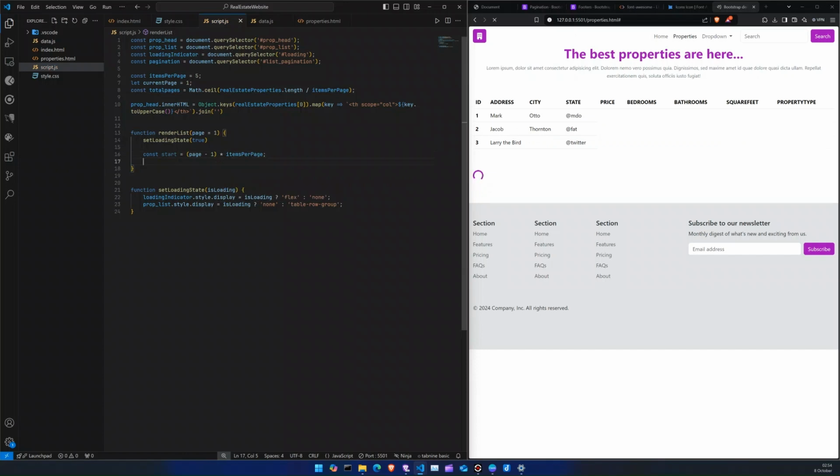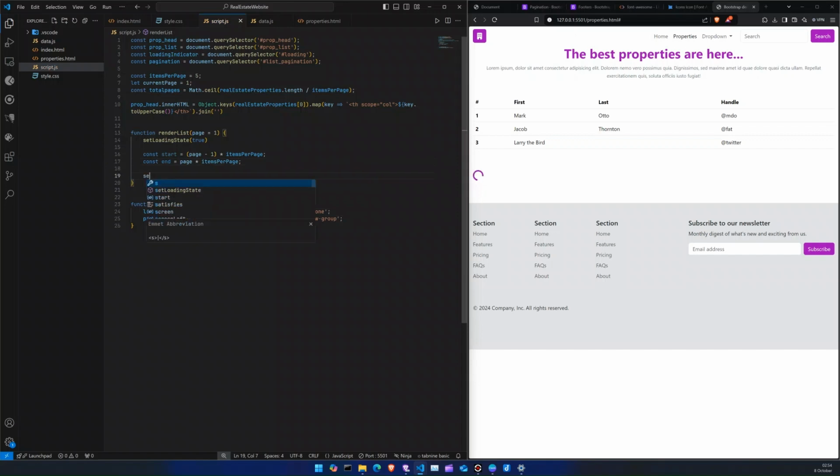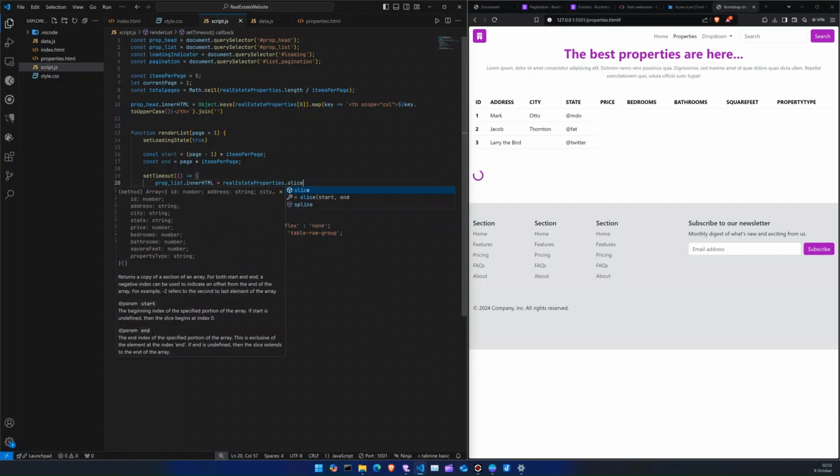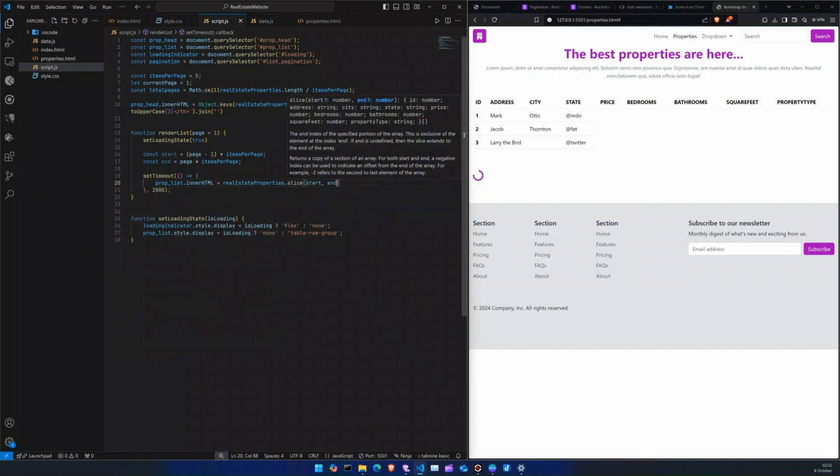Okay, so it can be on the 0th index. Const end equals page multiplied by items per page. Now set timeout, let's say 2 seconds. Prop list dot inner HTML equals real estate properties, start and end. Now dot map